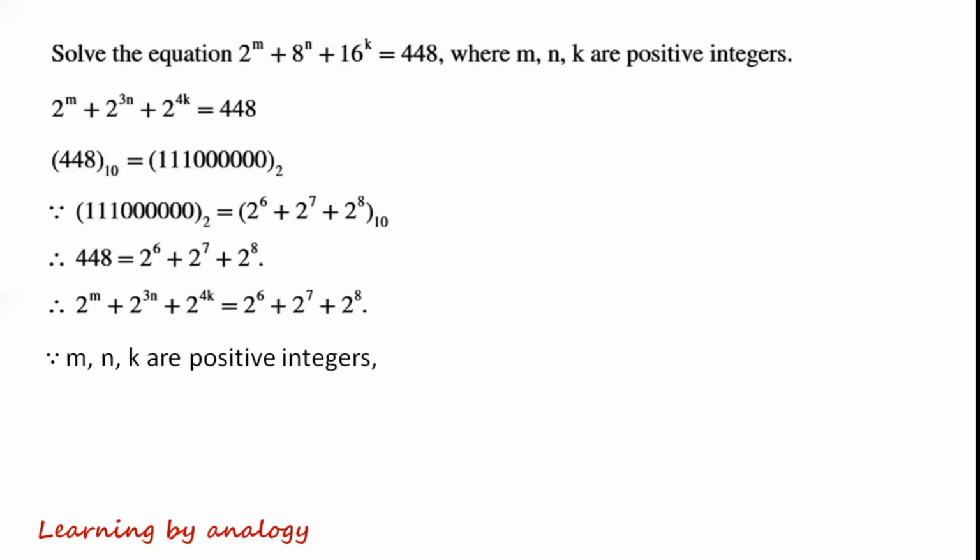Because n, k are positive integers, n equals 7? 3n equals 6, 4k equals 8. So n equals 2,